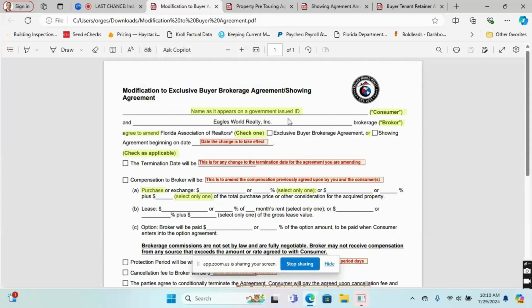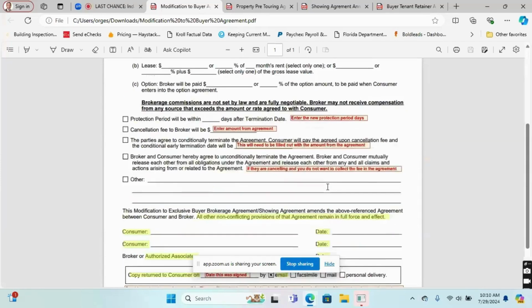So if at any point the compensation that you are showing for that particular house does not match the original agreement, you would then go in before writing the offer and do the modification. Change the percentage or whatever it is, add in the incentive if it's from a builder, have them sign it, send it through e-sign,